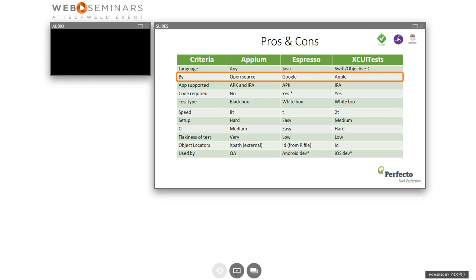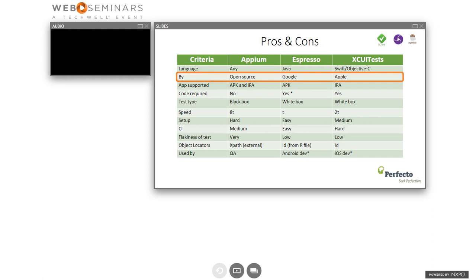If you're using Perfecto, part of the value that we bring is that we make that investment to support new versions of operating systems the same day that they're available. But this is if we're looking at just pure open source. That's one of the advantages and disadvantages of the